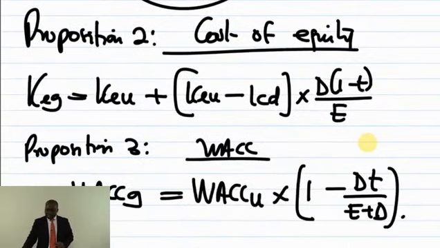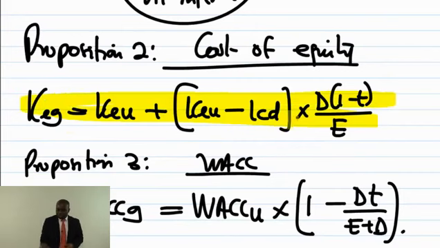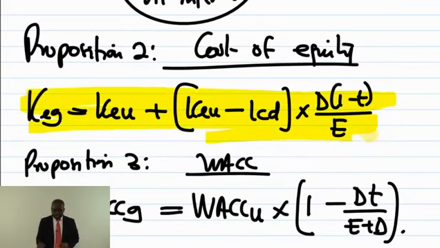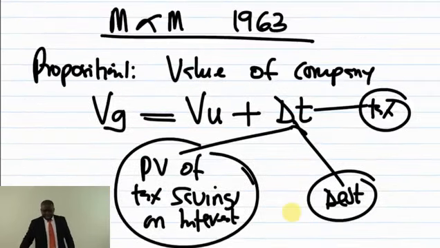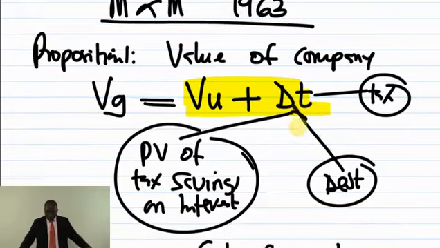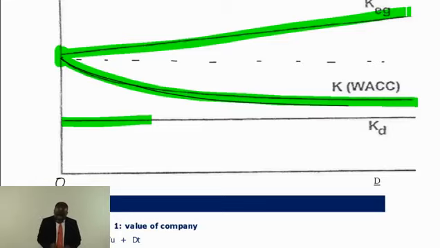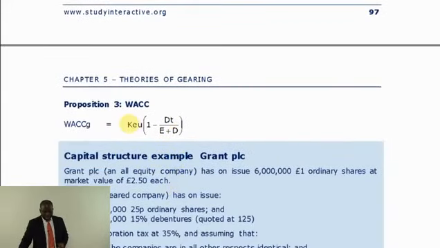Unfortunately, of all those 3 formulas, it's only the cost of equity formula which is on your formula sheet. So this WACC formula, you are expected to bring it from memory, and the market value formula, the market value of ungeared plus the DT, is also supposed to be brought from memory, unfortunately. Okay, so now let's go to our note. All these formulas I have given to you. Don't forget that the WACC of ungeared is the same as the cost of equity of ungeared. Don't forget. Okay, so that is that.